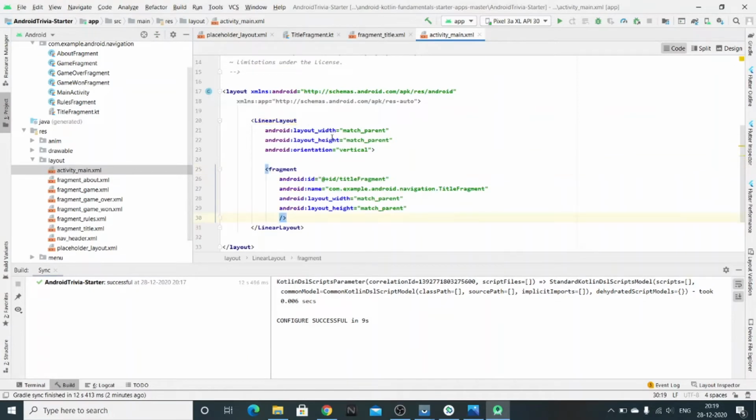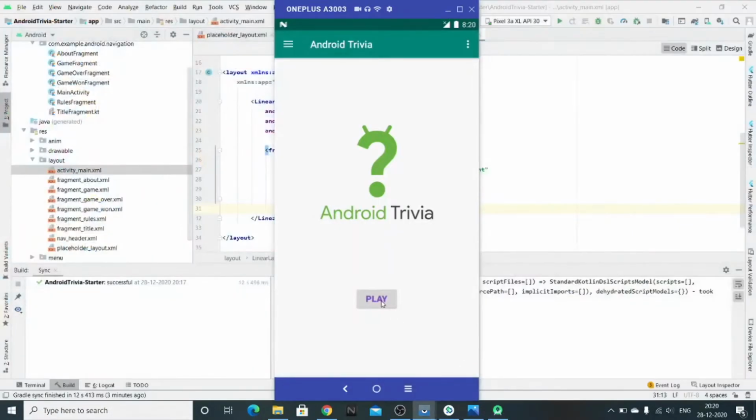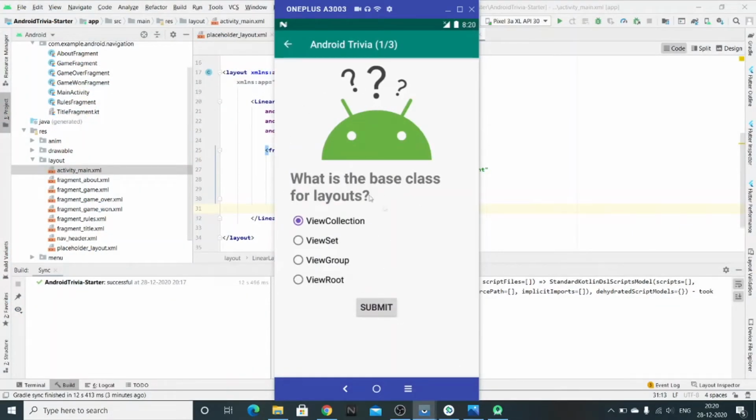As you all know, activity main is the first layout that appears when you start your app. As you can follow in the layout, it has a linear layout as a view group, and inside this linear layout we have a fragment. If we want to display the title, the title fragment will be displayed, and then when you click on the play button, the question fragment will be displayed.